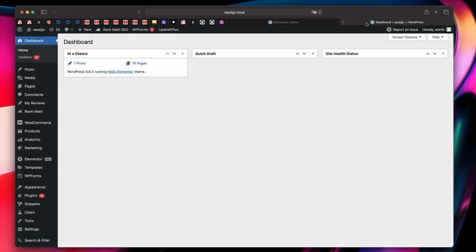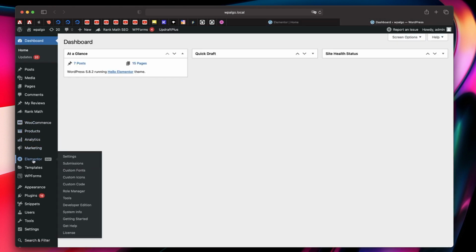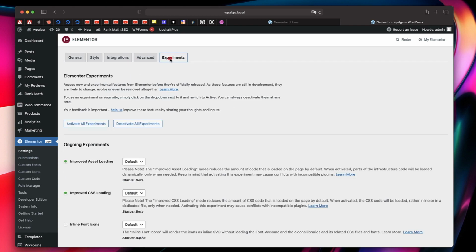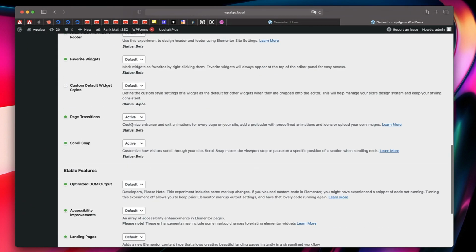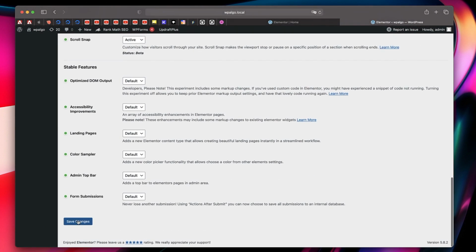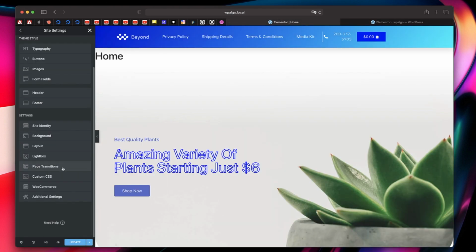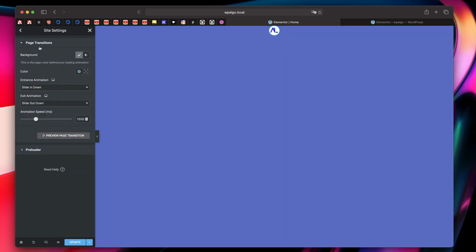Open your dashboard, click on Elementor, click on Settings, and under Experiments, make sure that Page Transition is set to active. Once you set that to active and click on Save Changes, reload the page and you must be able to see this option. Just click that and it takes you to the page transitions interface.